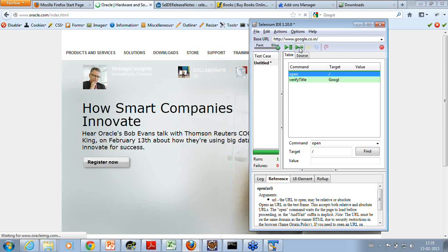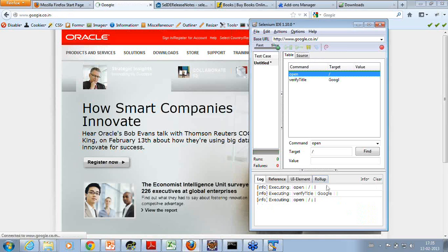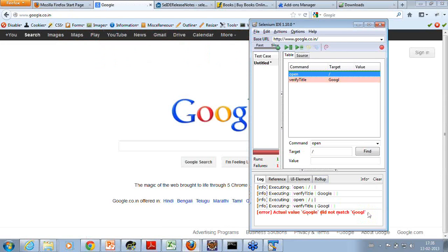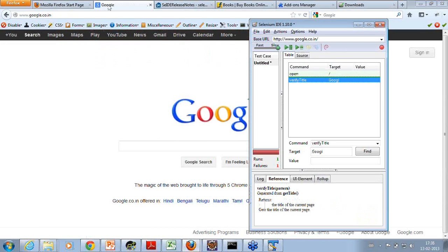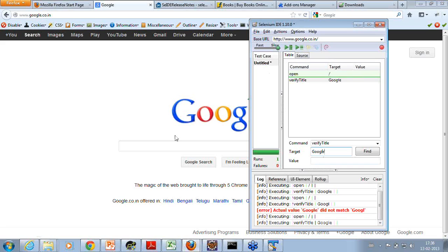Let's see what happens. Okay, it opens and says Google did not match Google, because I had given Google, and the title that is coming over here is this. So that way, it helps us to identify whether the test case has failed or not. So that's a log for you.